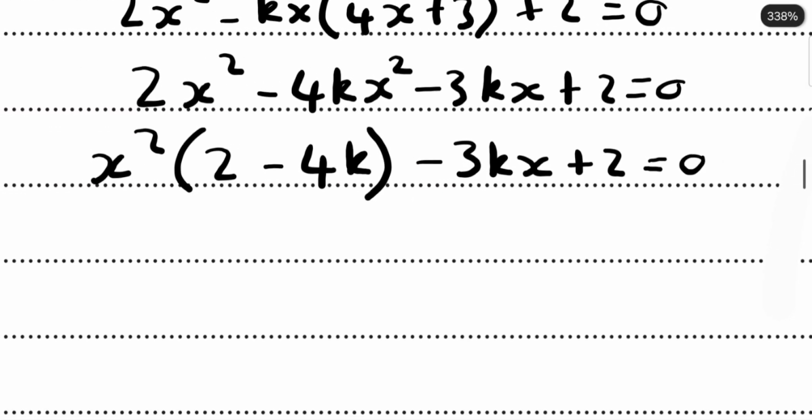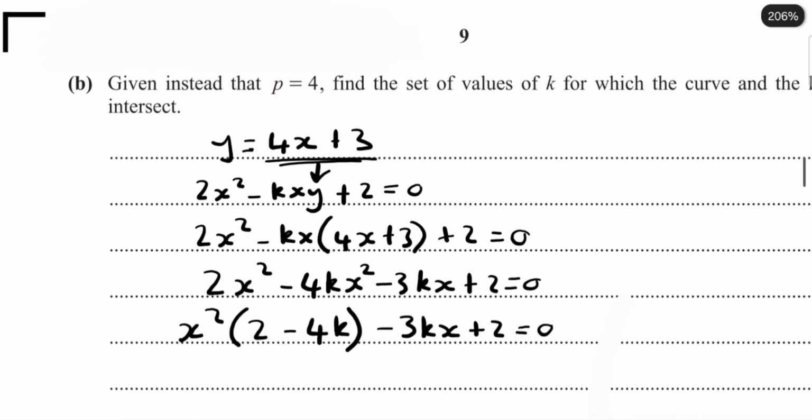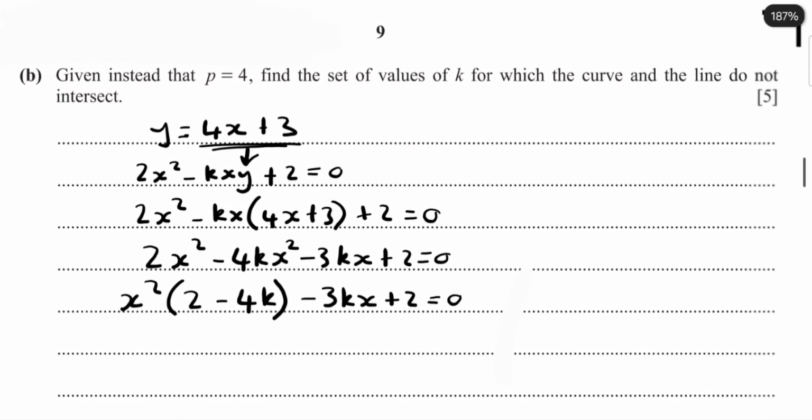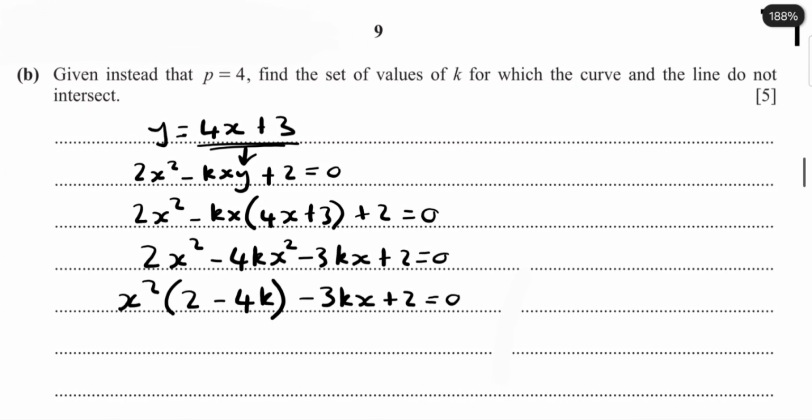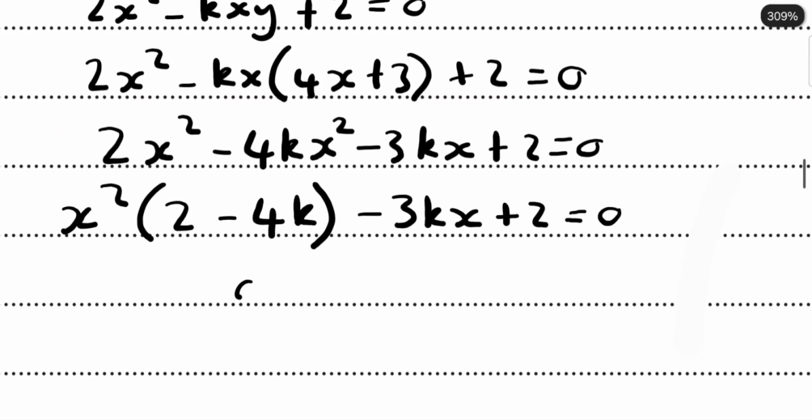And we're told in the question that we are supposed to find the set of values of k for which the curve and the line do not intersect. And for that case, our discriminant,